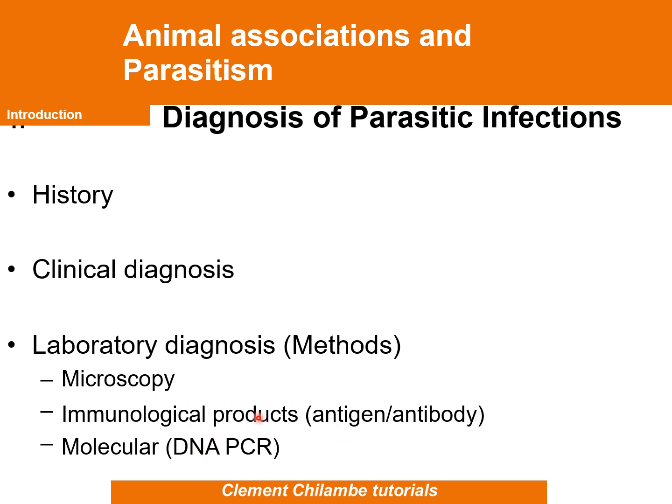So we have microscopy, and then we have the immunological products, the antigen-antibody. So the immunological products help us to do what? To do laboratory diagnosis, and we have rapid diagnostic testing by the RDT, the common RDT test, which uses the principle of the immunochromatographic assay, one of the examples that we can give here. And then we have molecular, the DNA PCR. Okay, we are able to do that. That's the diagnosis of parasitic infection. So the lab is able to do this.